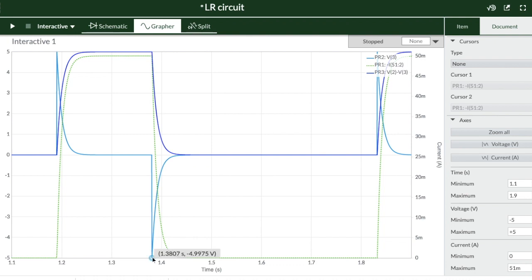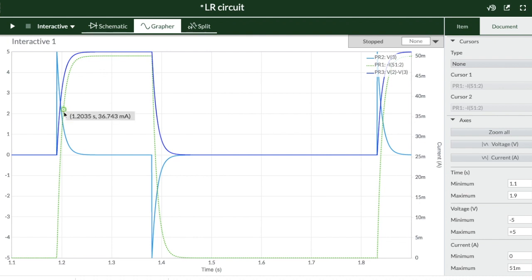Now here the back EMF is changing from minus 5 and going towards 0, and as the back EMF magnitude decreases, the current in the circuit also decreases, and that also decreases the potential difference across the resistor. Now looking at the current graphs over here, we can find out the time constant of this LR circuit, for which we need to just expand this curve over a small time range.